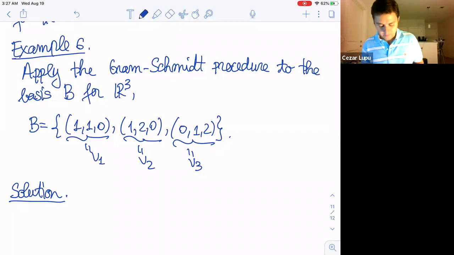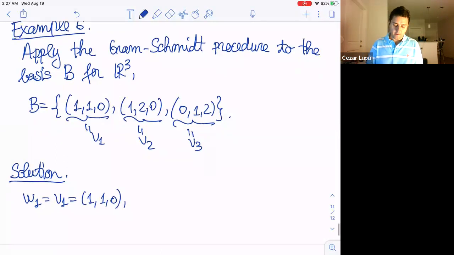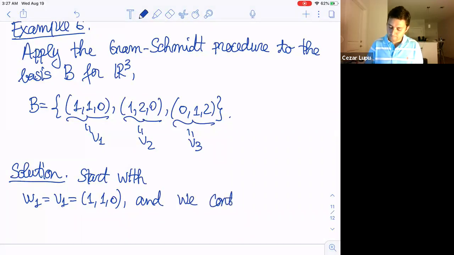But let's do this. First, we'll start with W1. We'll keep it as V1, which is 1, 1, 0. And we continue with